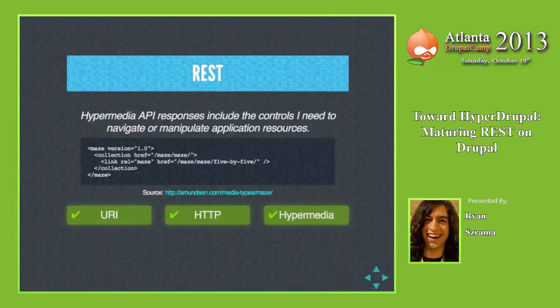So a classic example in the Drupal world is that if you're using the services module, you're probably logging in as your authentication. So you actually submit a POST request to like /user/login, and then from then on out you have this shared cookie that's then determining what you have access to do on the Drupal side through the REST API. That actually kind of breaks REST because it's depending on this shared information in order to generate and return these API responses or whatever. Anyways, that's kind of getting beside the point, I think.